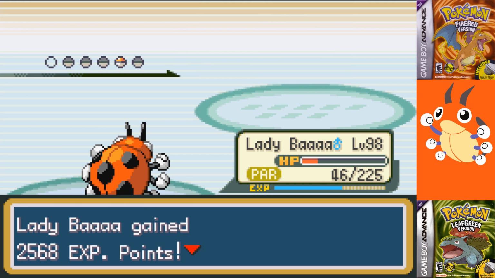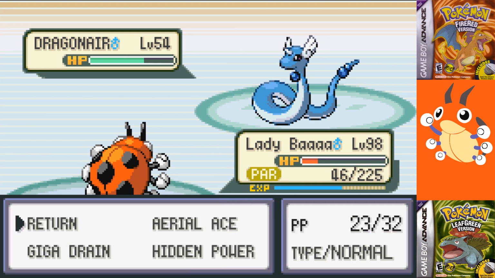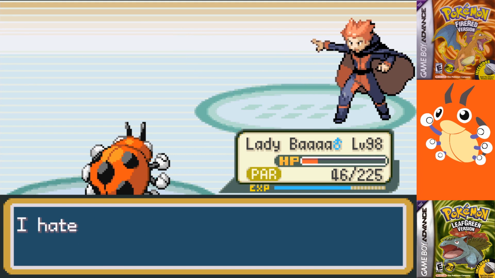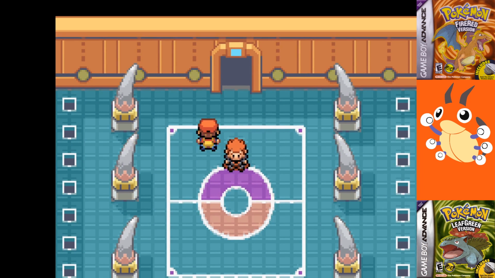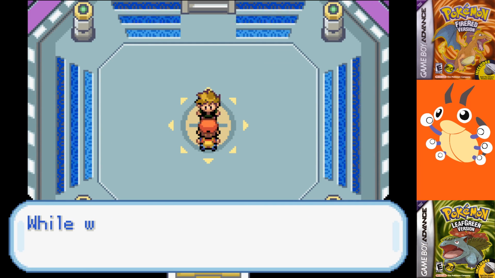Somehow, someway, his last Dragonair missed 4 Hyper Beams, and I didn't even have Double Team on my Ledyba yet. I need to know the chances of that, since that's absolutely ridiculous. Leave a comment if you found out the chances of that, because, oh my god. Either way, a win is a win, so it's time for Champy Boy to hand over his throne once again,